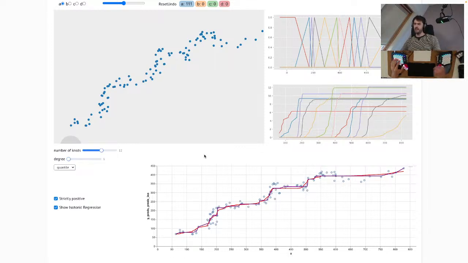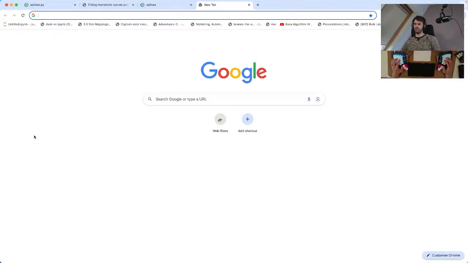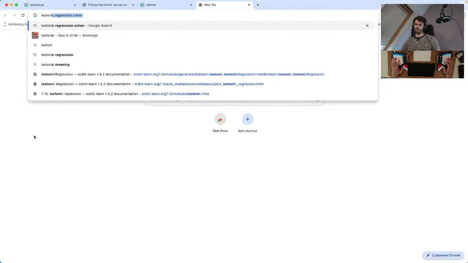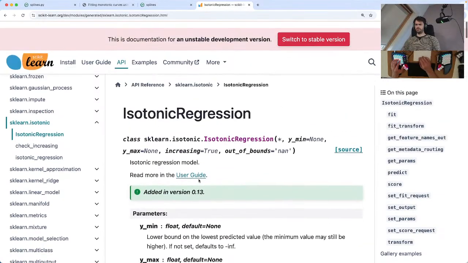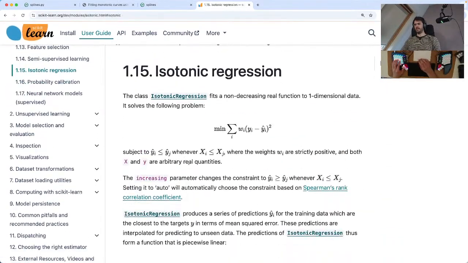So what I'm going to do now is quickly go to the scikit-learn docs on that one. Let's go out of full screen mode. Isotonic regression sklearn, because that's something I want to show as well. There you go, the docs pages, and if I go to the user guide, there we go. You see an interesting definition of isotonic regression. So isotonic regression is a linear model inside of scikit-learn that really guarantees monotonicity, but basically